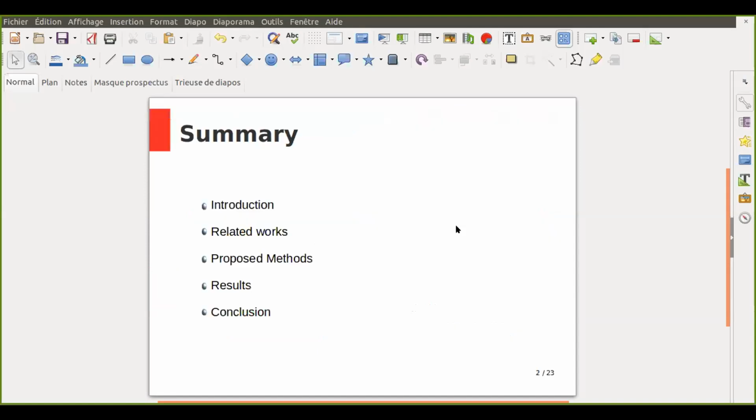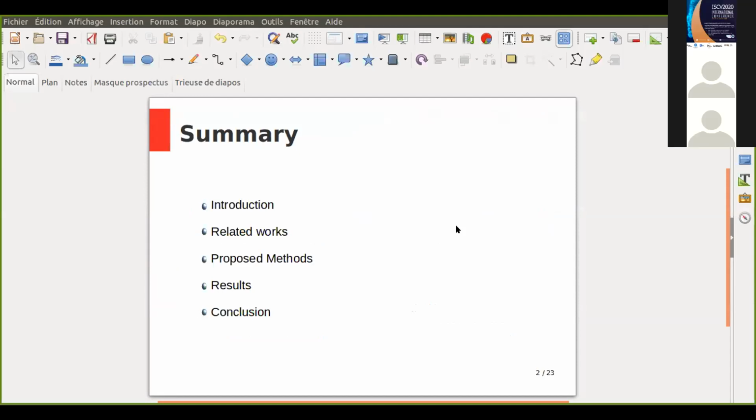For this presentation, we have five primary parts. Firstly, an introduction in which we will talk about the goal of this work. Secondly, in the part which concerns related works, we will introduce some projects that have been developed for different kinds of handwriting. In the third part, we will describe our proposed methods. Next, in the results, we will provide the results obtained by these methods. Finally, in the last part, we will focus on the conclusion.